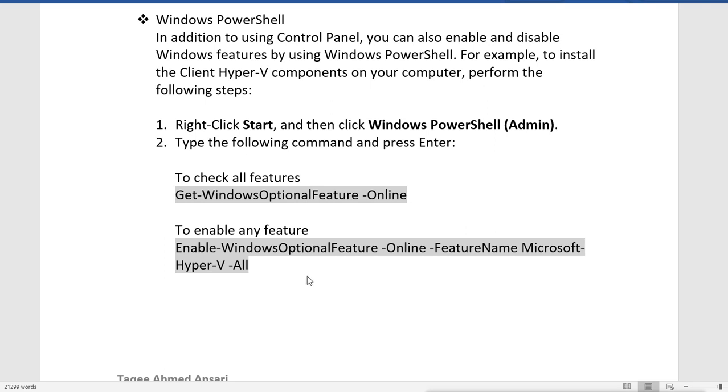For example, I want to enable Hyper-V. So I will give the command Enable-WindowsOptionalFeature with the -Online parameter, then the -FeatureName parameter, and then I will mention the name of the feature, and then I will say -All. That means it will enable with all the optional dependencies also.